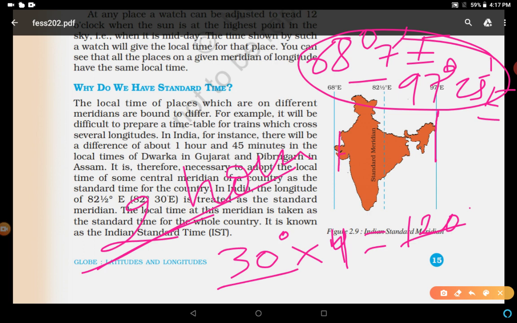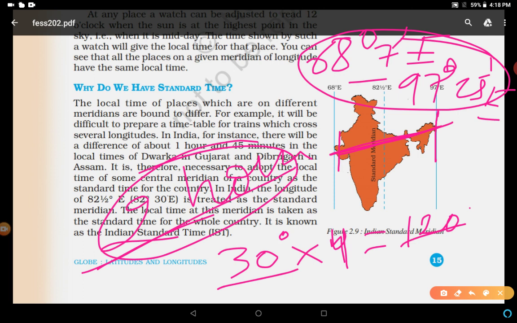So there is a big difference in a single country, clear? In India itself there is a difference of 2 hours. So it will be very difficult to follow the timetable, like the timetable of trains, right, timetables of different kinds of programs. So we should have the similar time in the entire country,